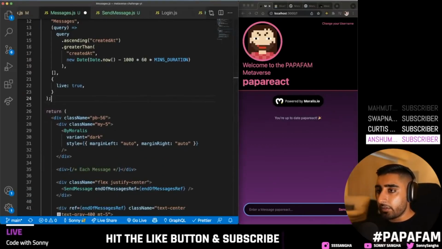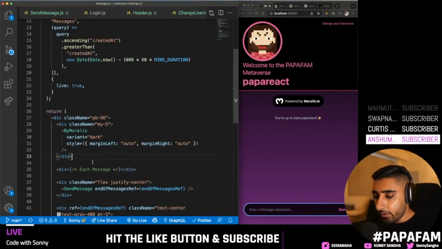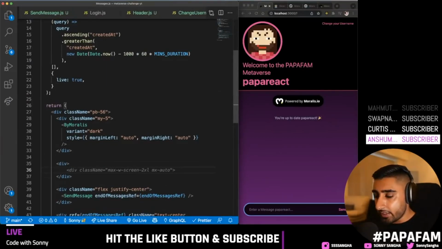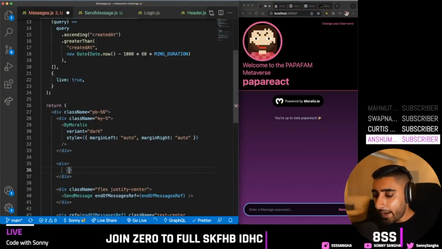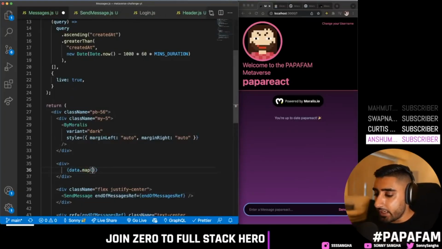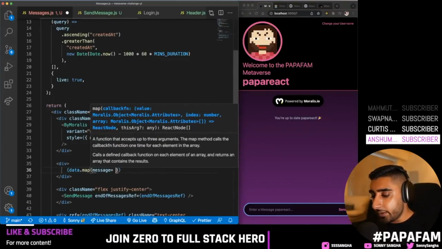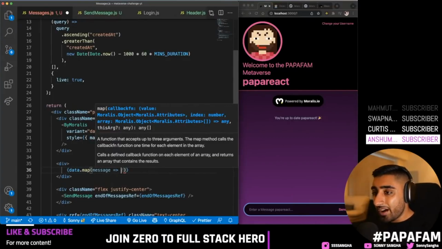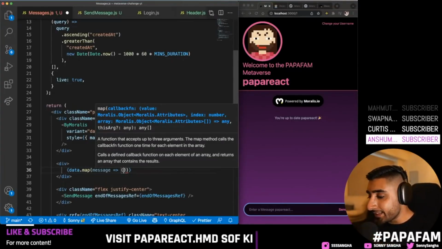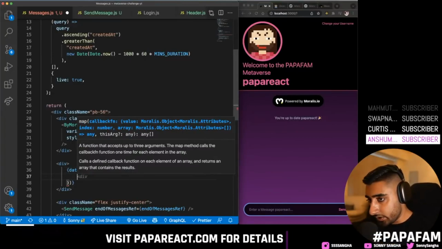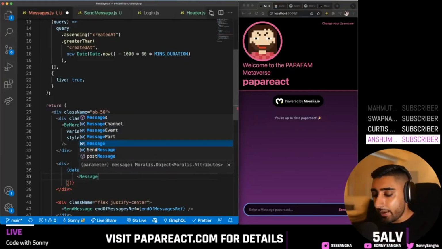Okay, so for the messages here, I've got a div already which says each message. Inside of this div, I'm going to say data.map, and this allows me to show things up on the screen. So we'll go for every message that comes back. For the one that I just showed you, I want to do a return. Now, remember, this is the bit where people go wrong. Do parentheses here, which means a direct return. And I'm going to return a message